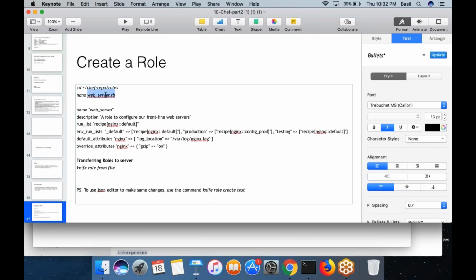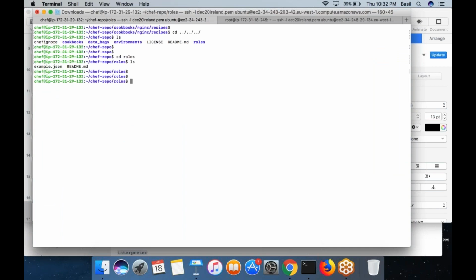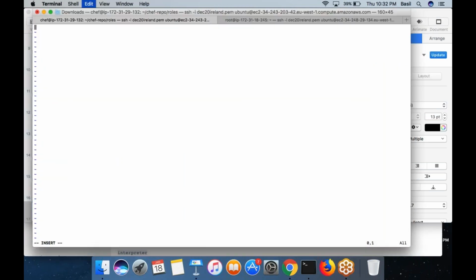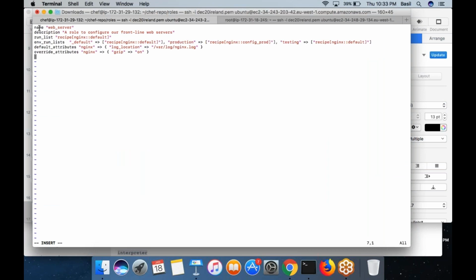First you create a file called webserver.rb. You can give any name. Let's say webserver.rb. Over here, I would mention the configurations of the role, something like this. You specify the name of the role, a short description, then what is the run list for this particular role. If the machine belongs to the role web server, what run list would run on that machine?